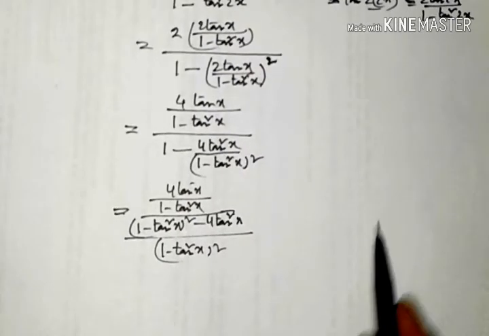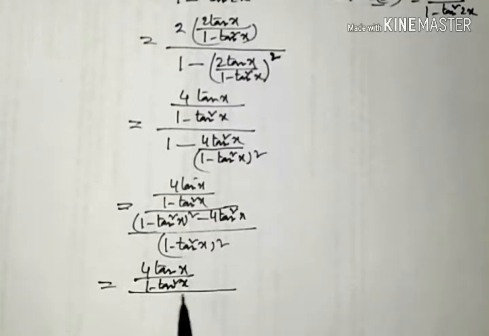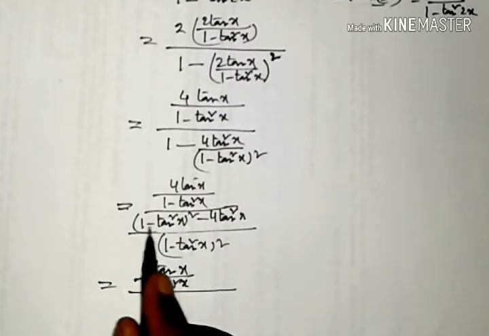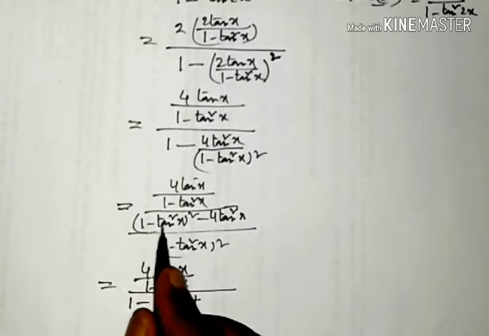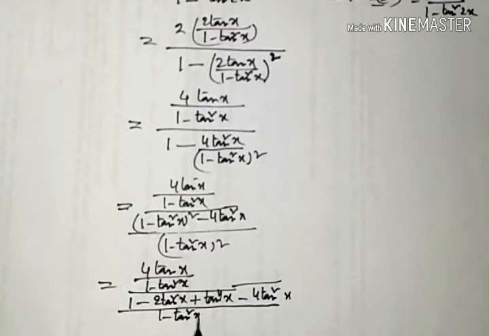So this is 4 tan x over 1 minus tan square x divided by